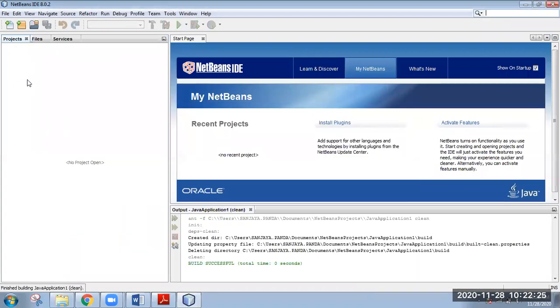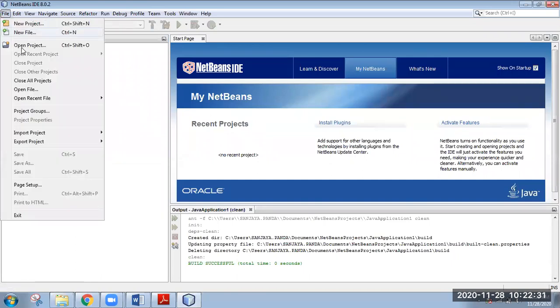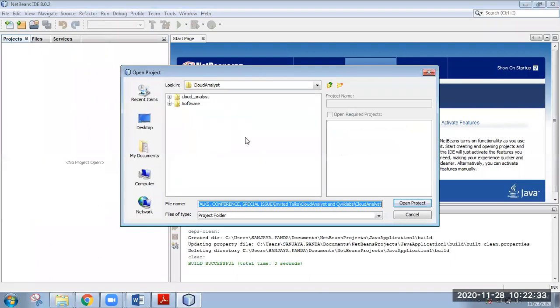After installing NetBeans, you don't have any project here, so no project is open. So I am clicking Open Project. Then you have downloaded that folder, right? In that folder, you see there is a Cloud Analyst.